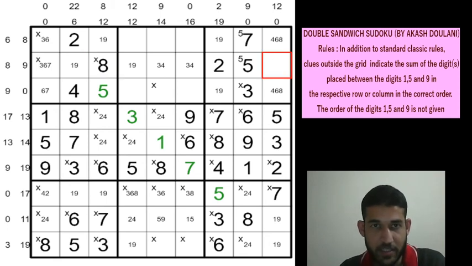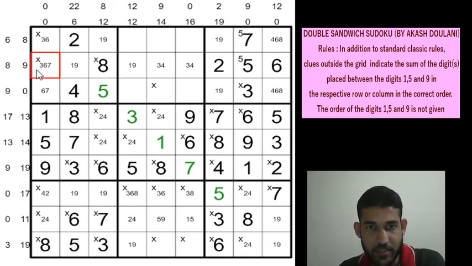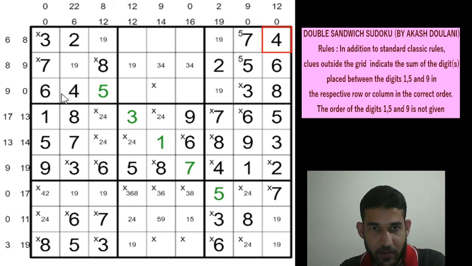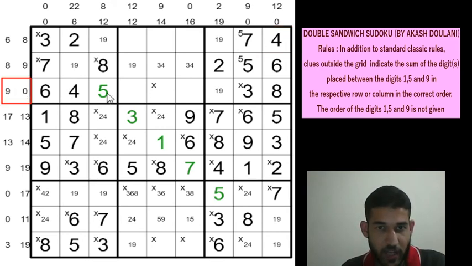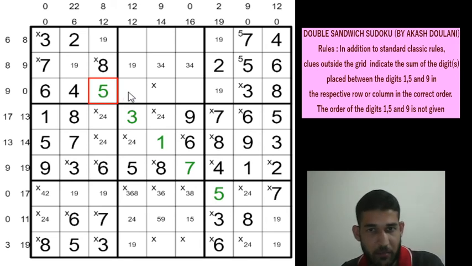So that gives a 6 here. And which means this will be a 7. Using classic rule, that gives a 6 and a 3 here. And this will be an 8 because of this 4, and this is a 4 now. And along row 3, if you look at, we need to get a 9 and a 0. We have a 5 here. So 9 will be made up of 2 cells at least. So this can be marked with an X.